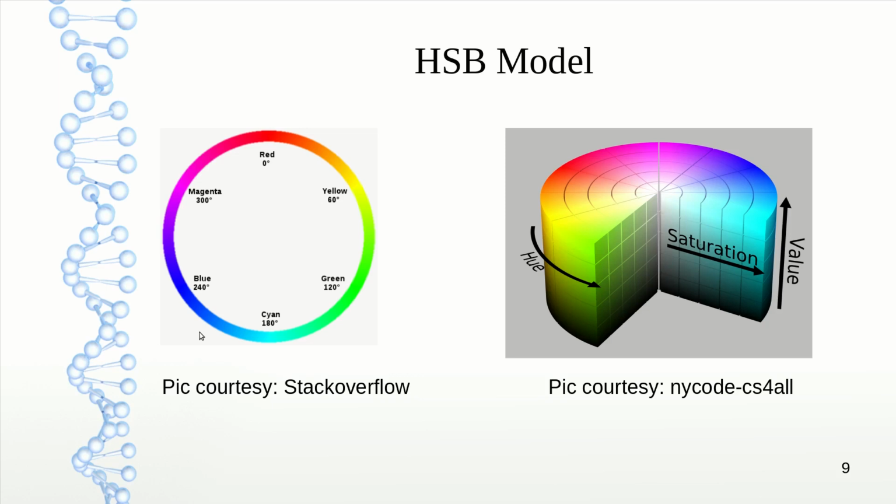However, for Java AWT we will convert these values between 0 and 360 to a value between 0 and 1. Then we have the saturation. Again the values will range from 0 to 1. At 0 we have a very pale color, and at 1 we have a color with a huge hue value. And again we have brightness. The values will range from 0 to 1. 0 represents a very dark shade, and at 1 we have a very bright shade for the color.